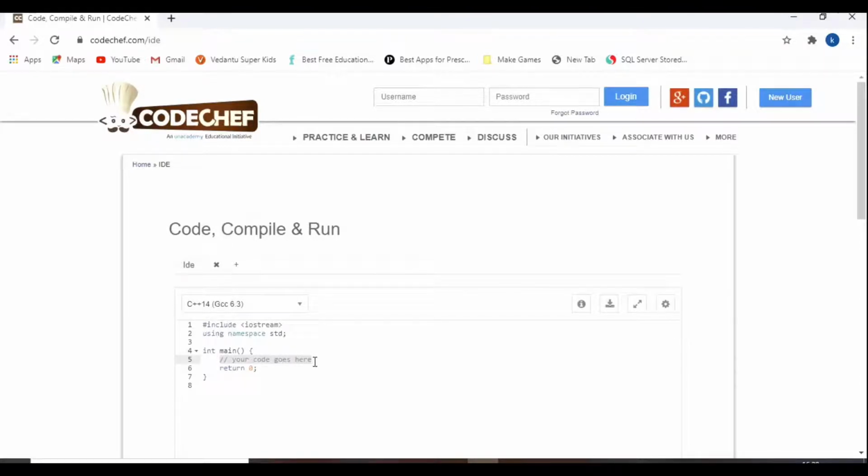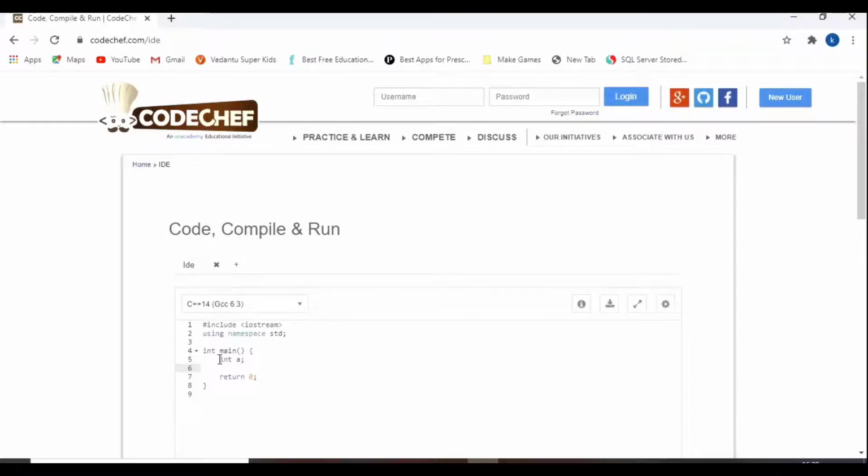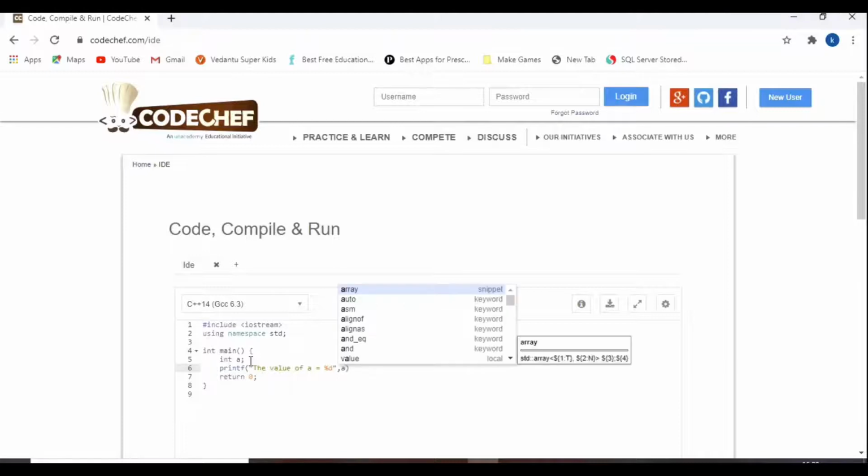Generally, to display any value, you will declare the variable, right? Print the value of a, and you say percentage d to display that value, and you give it like this.